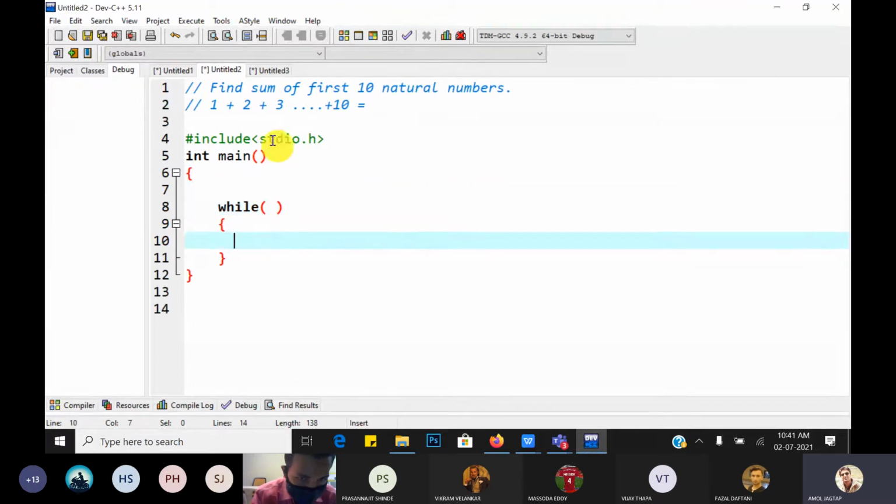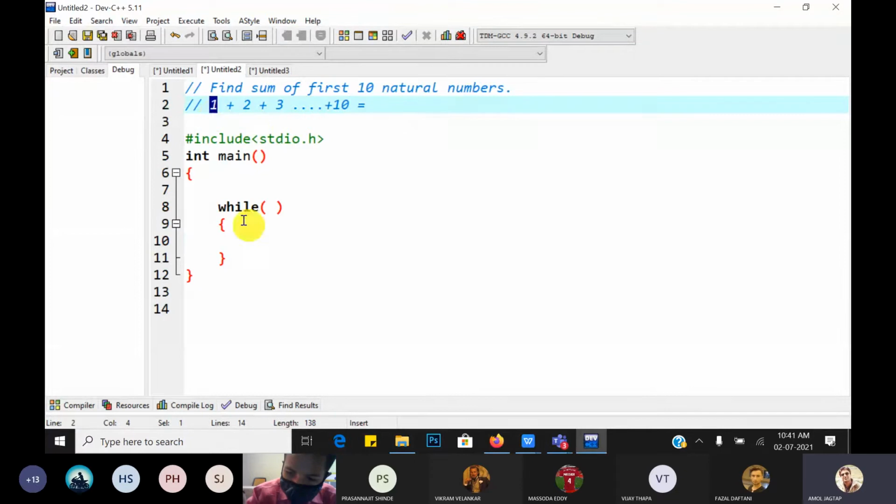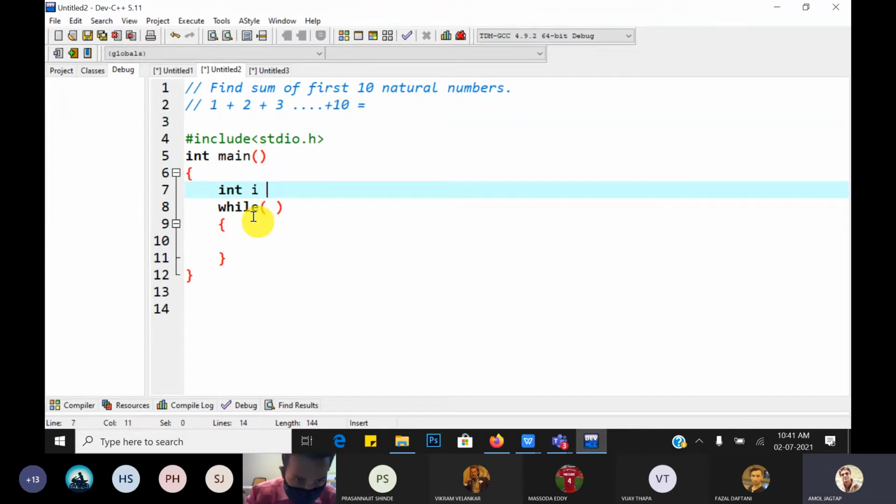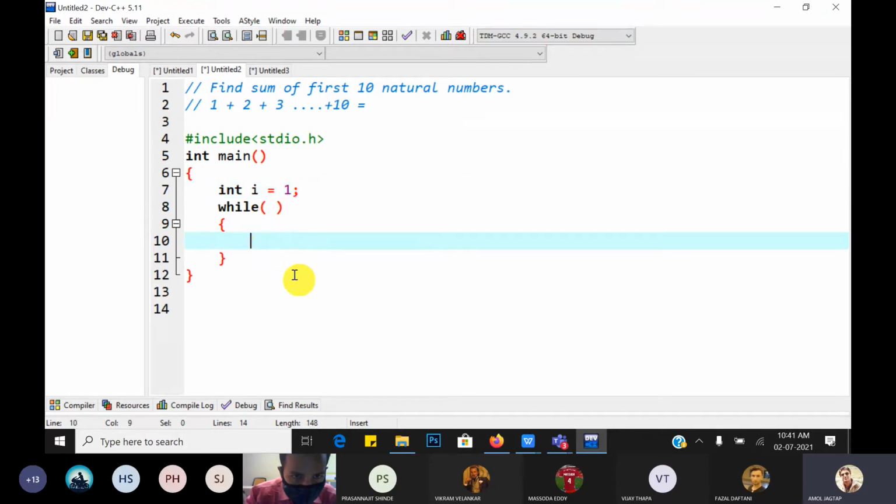Now what we have to do? We have to add the numbers starting from 1 to 10. So take one integer I, and assign the first value to it. Initially I is a variable having value 1.